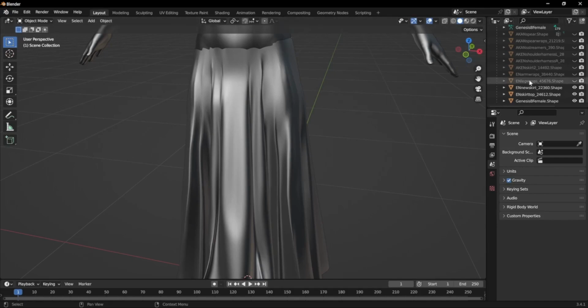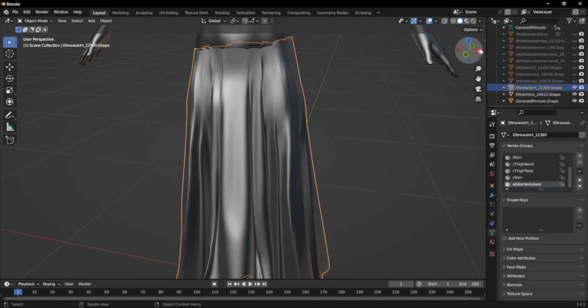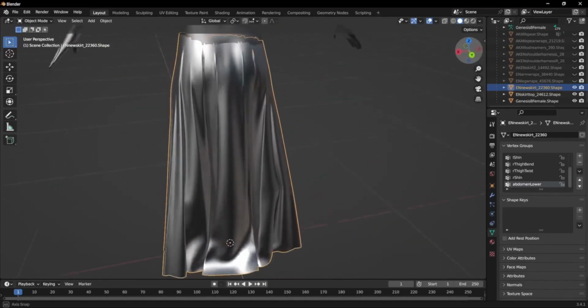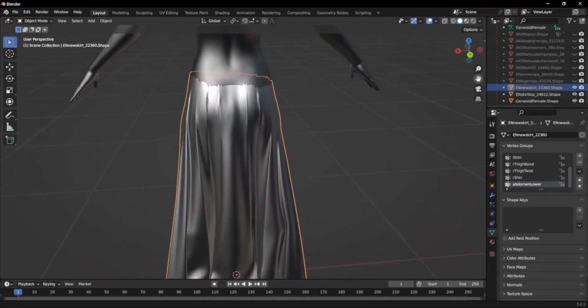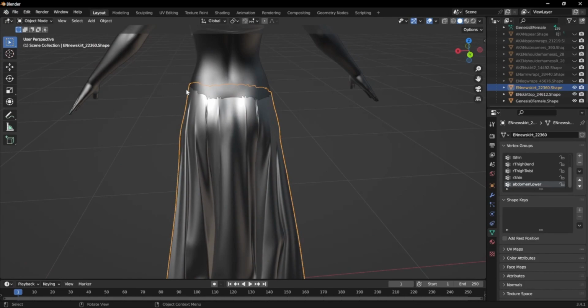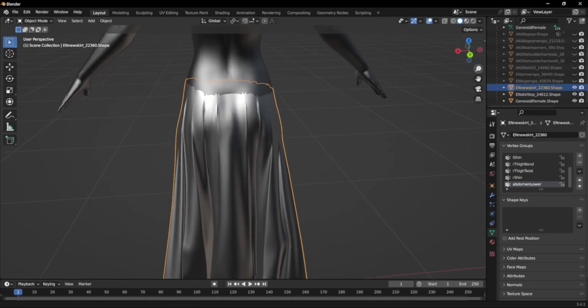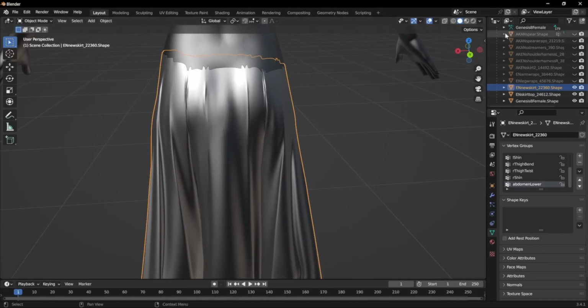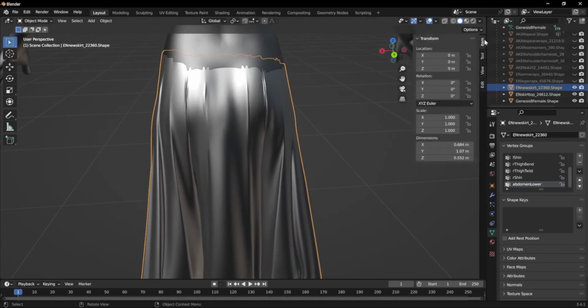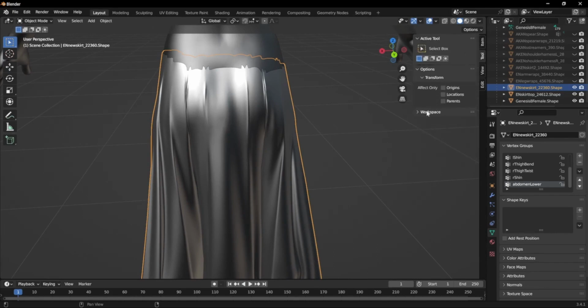So now that I got that deleted, I got the skirt, and let's take a look. Yep, there's quite a bit of clipping. Looks like they actually cut it down through here a little ways, which is kind of strange, but let's see if I can fix that up a little bit. The last thing we want is clipping. Clipping is bad. We're going to go down to sculpt mode